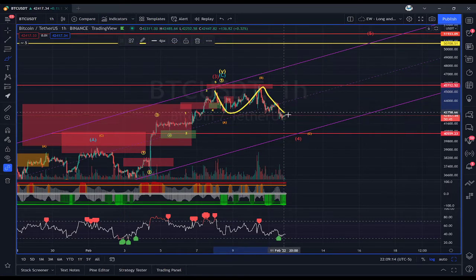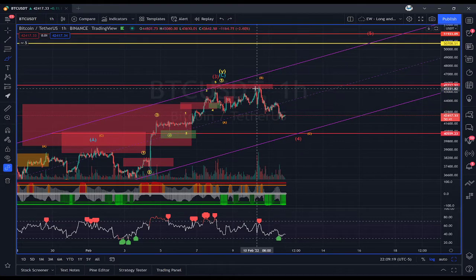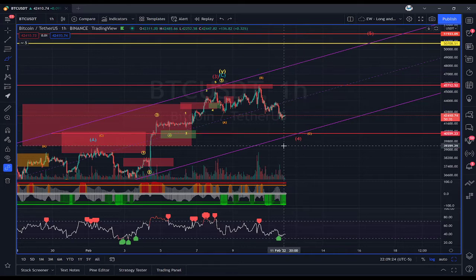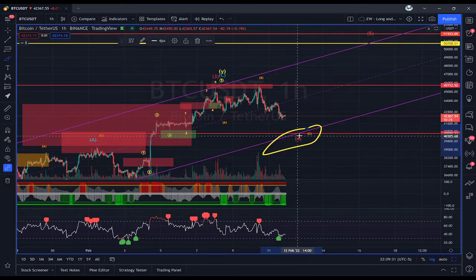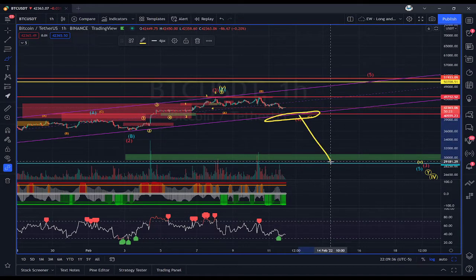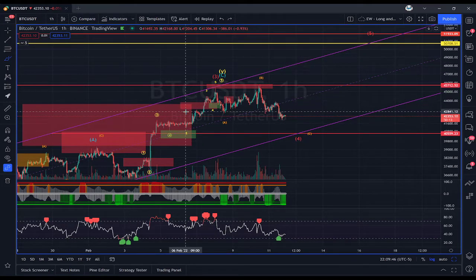On Monday I was warning that best case scenario we get something like that, and or a deeper drop. So that's all playing out pretty much as expected. Now, I also said if we fail to hold the bottom of this channel, then that brings back the possibility of going to this lower low down in the 30K region, potentially 29 even, or deeper depending on how it plays out. So that is still a possibility and a danger at this point.